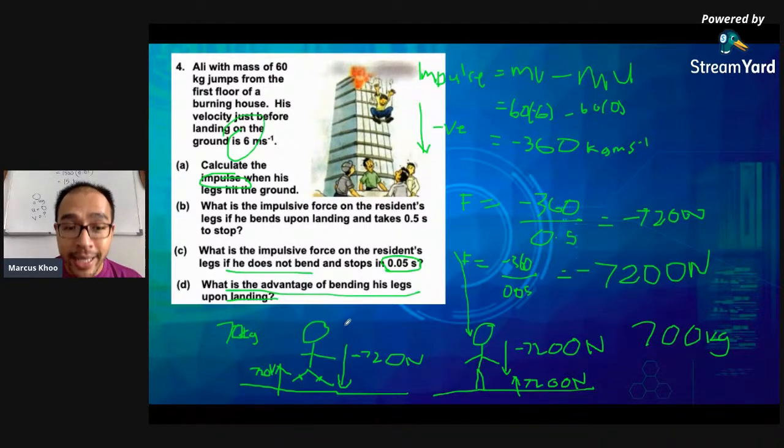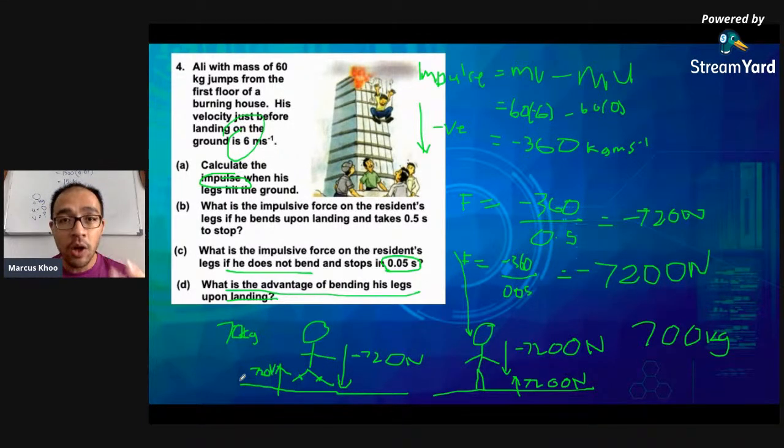It's because remember, he is putting negative 720 newtons onto the ground. Newton's third law says that whenever you do an action, there is going to be a reaction. So the ground is going to push back with the same amount of force. This one you can control. This one you cannot control. However much you give to the ground is going to give it back to you. Macam buat baik dibalas baik, buat jahat dibalas jahat, things like that. The same amount of action is going to cause the same amount of reaction. That's what Newton's third law teaches us.